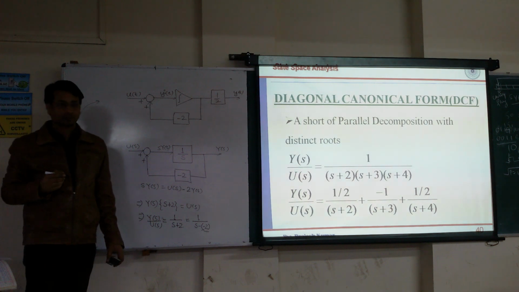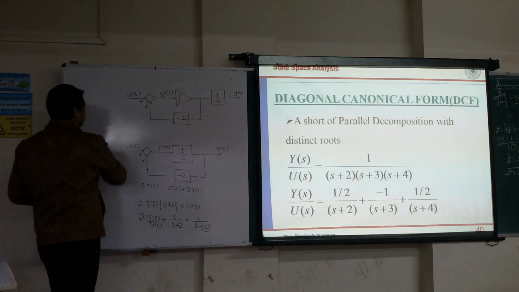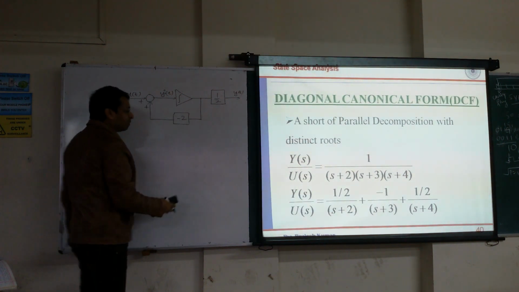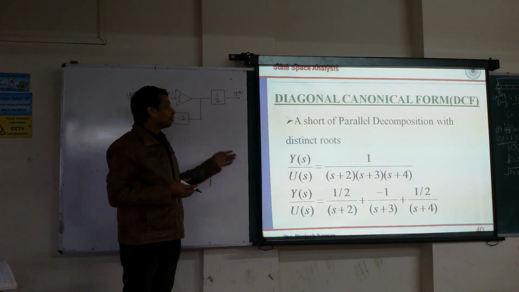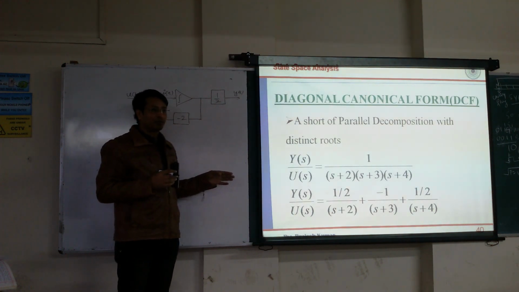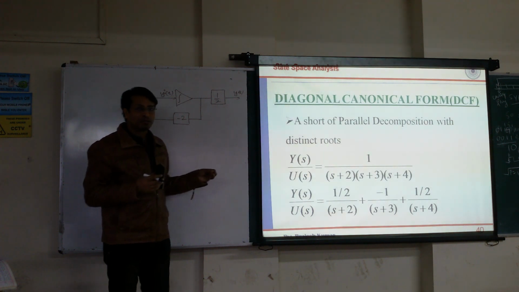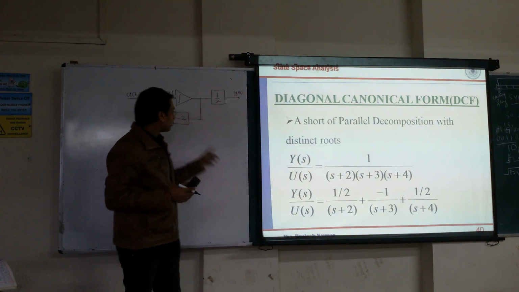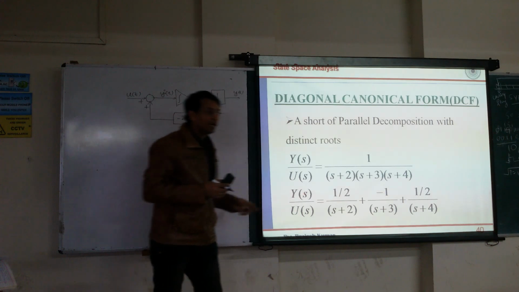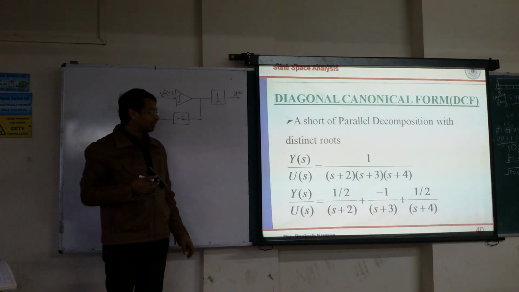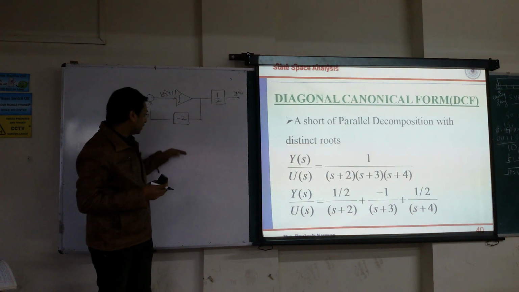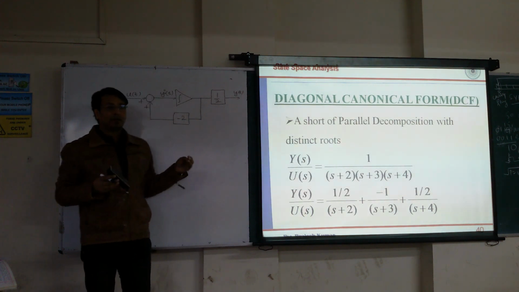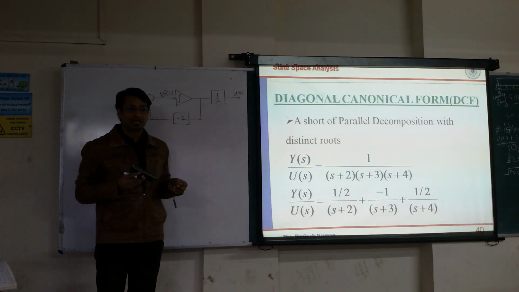Correct? Equivalently, your aim in this parallel representation, or you can say the diagonal canonical form, is to represent your transfer function in terms of partial fractions, and you are going to work on each and every term. I have worked on this particular term, and you know from the block diagram rules that it is a parallel combination, so something is going to be added in parallel. This element will also be added in parallel, that element will also be added in parallel, and for a parallel combination, input and output will remain the same for each case.